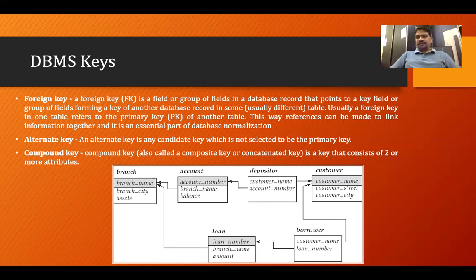So in the library table, what should be there? There will be the book ID, there will be the book title, there will be the author, there will be, let's say, issued or not issued. So that field will be there, and there is a roll number field. Means if it is issued, then it should be issued to that particular roll number. So roll number will also be there. So roll number in the library table is called foreign key. Why? Because roll number is the primary key of the student table.